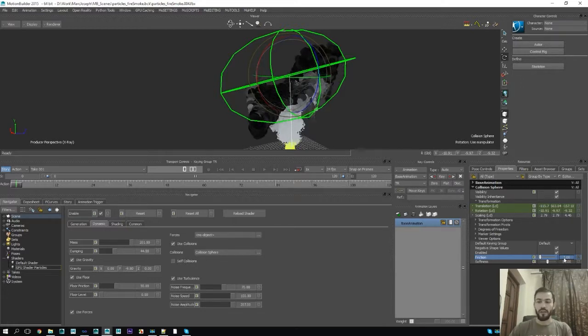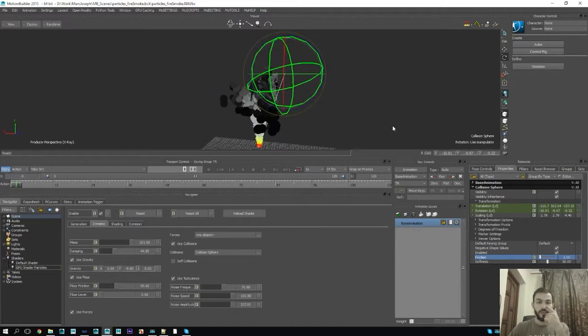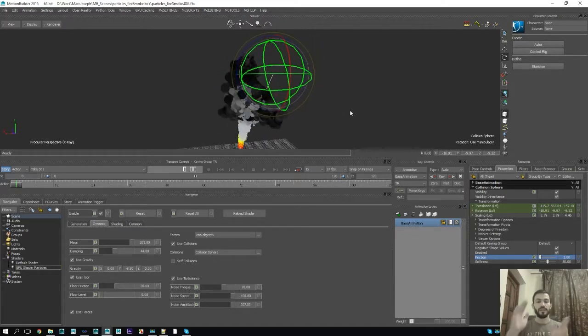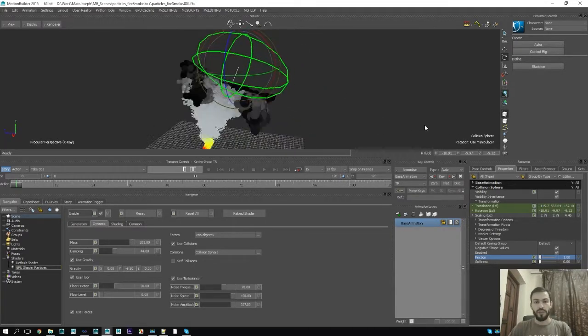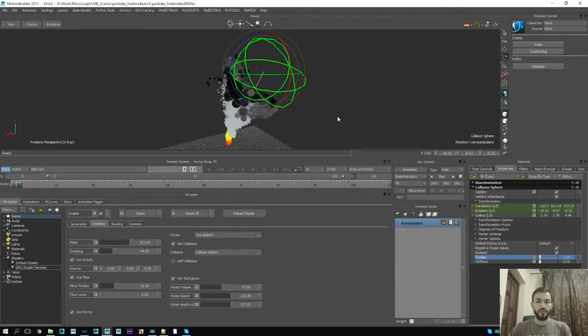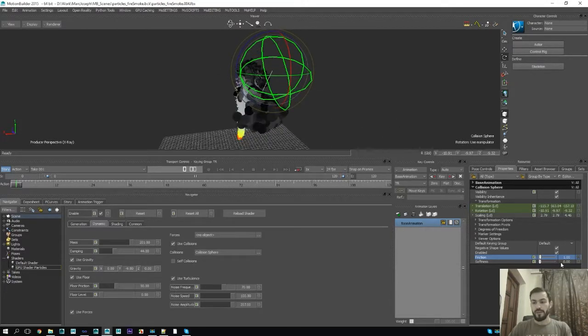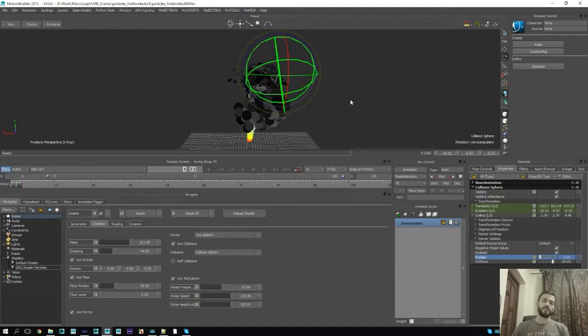If friction is 1, that means the particles will try to continue their movement, colliding with the sphere and trying to move along the collision surface. The softness means, if it's 0, no softness. The particles will collide very hard with the surface of the collision. If it's a soft collision, that means particles could move inside the collision, but they will lose their velocity. So that's for cases when, for example, for a character we would like to make collisions for hands,